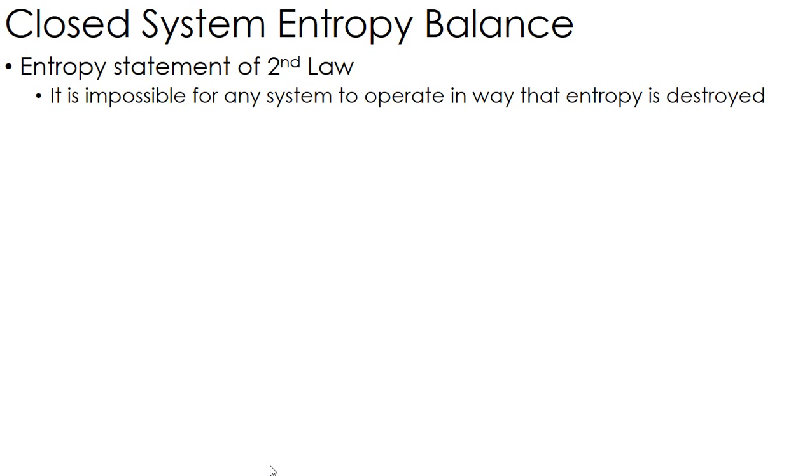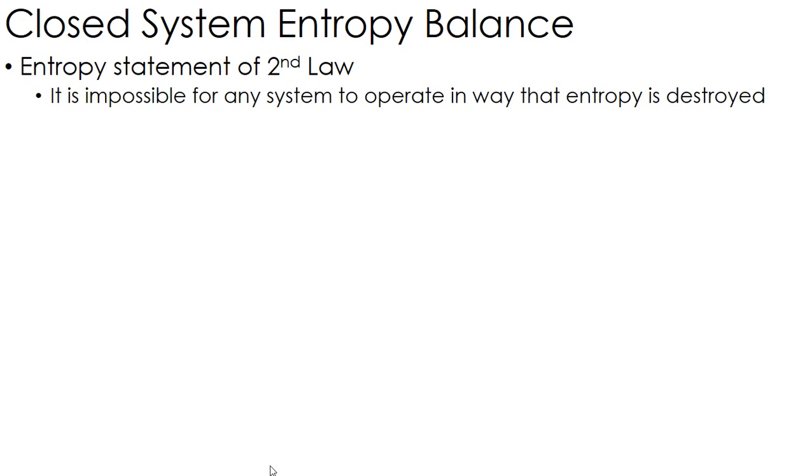Okay, now that we've introduced the property of entropy, we want to get into our second law equation, which is an entropy balance. We're first going to look at a closed system, right? So it's got the same amount of mass being acted on the whole time, okay? Go back to our second law statement, and we actually have one specific to entropy, and that statement states that